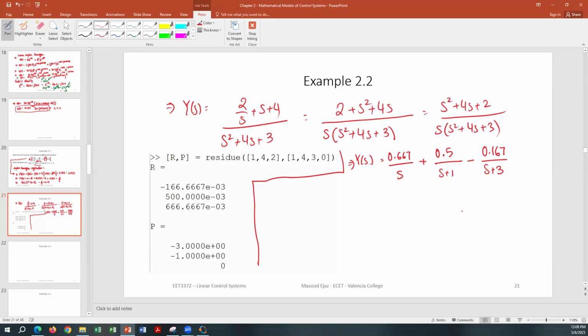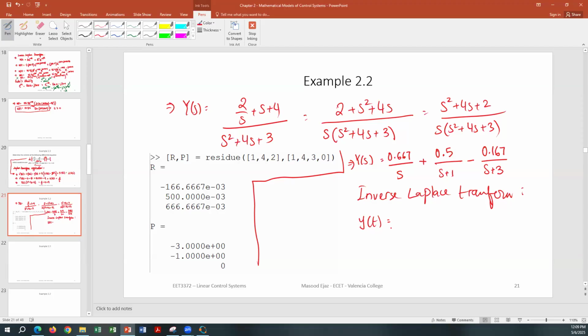And now, very simple, we're going to apply the inverse Laplace transform. Inverse Laplace transform. All right, who is going to tell me when I apply inverse Laplace transform, what will be my y(t)? Look in the table and tell me what will be my y(t). Go back to the table. 0.667 what? Just 0.667? Huh? u(t), yeah. 0.667 u(t) plus,